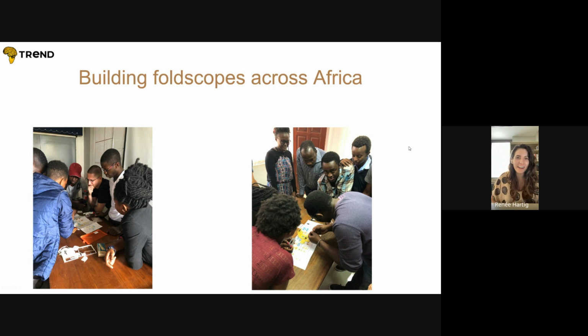And then on the right, we carried on, because we did these two courses back to back. We did first the 5-day course in Zambia. We took a break for the weekend, and then we went to the University of Nairobi. Our teaching team had already built up a fold scope before we came to Africa, and we also built up a couple with the students to help them out. So now maybe the teachers are becoming a little bit more expert. So by the time we got to the University of Nairobi, we really could instruct the students how to build it without any of the teachers putting